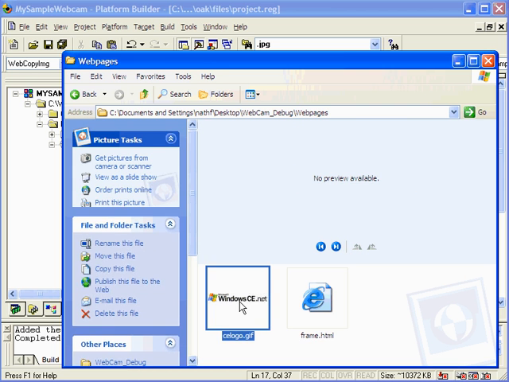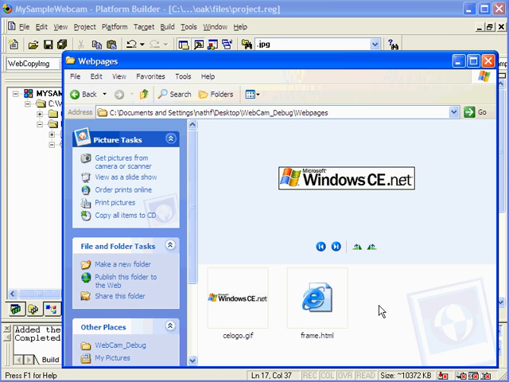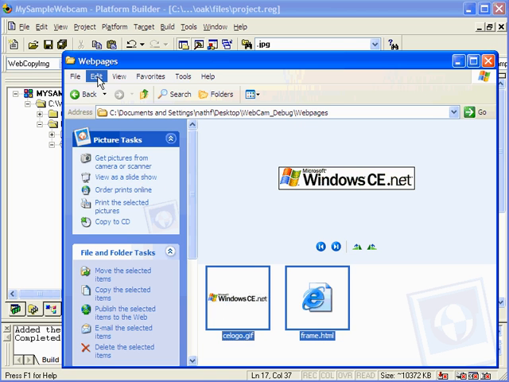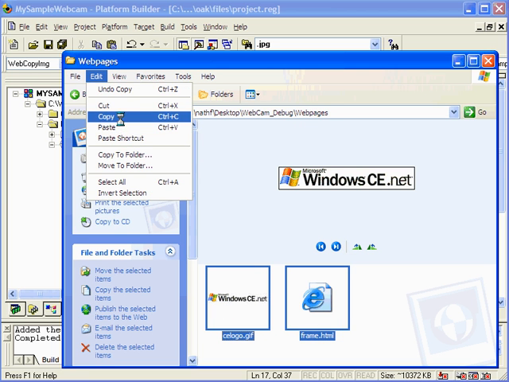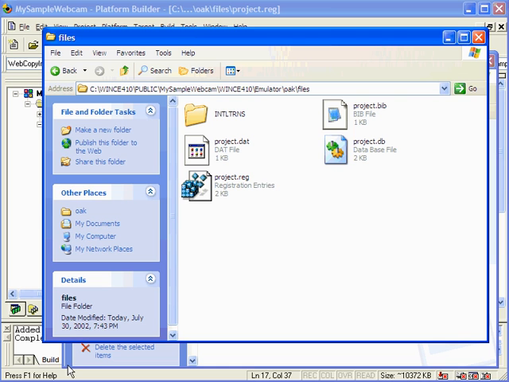What I'm going to do is select these here. And just going ahead and doing an edit and copy. I'm going to move these into one of the directories in our platform configuration that at build time is going to be copied over to what we call the flat release directory. So right now I'm in the WinCE directory, again WinCE 410, public, my sample webcam, and then we dive down into the WinCE 410 directory again, Emulator, which is of course the platform we're working with, Oak, and the files